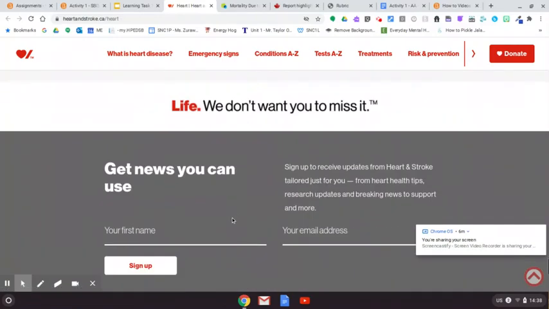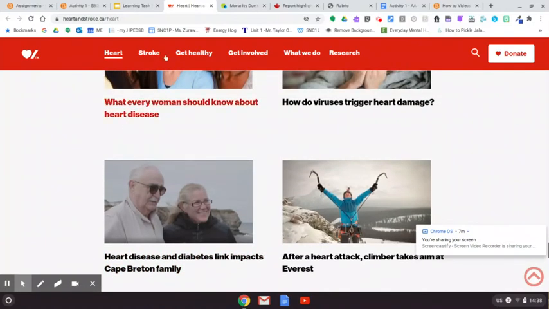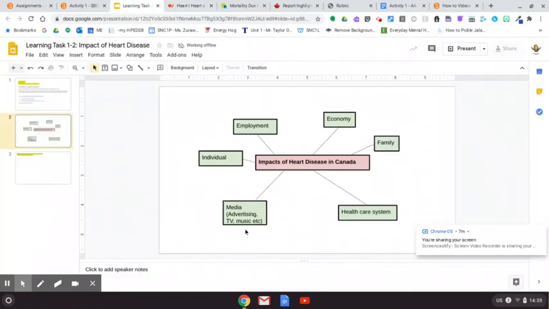So this one would probably help. Yeah, right after a heart attack, climber takes aim at Everest. Heart disease and diabetes impacts Cape Breton family. So there's some interesting ones that are falling in the media range related to the impacts of heart disease in Canada. And then you should have been able to find some impacts for the healthcare system while you're reading through